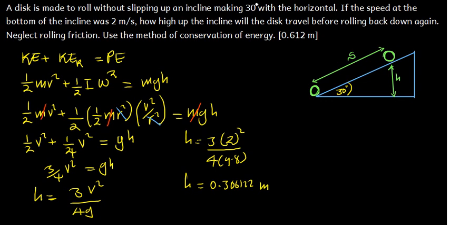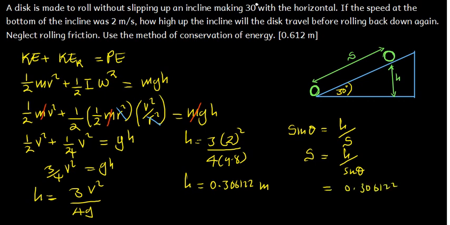meters. Now the question is, how high up the incline will the disk travel? The distance that it travels is here. Now how do we find the distance there? We know that sine theta is equal to opposite, which is the height, over hypotenuse, which is s. That means s is going to be equal to h divided by sine theta. And the height we've already found,